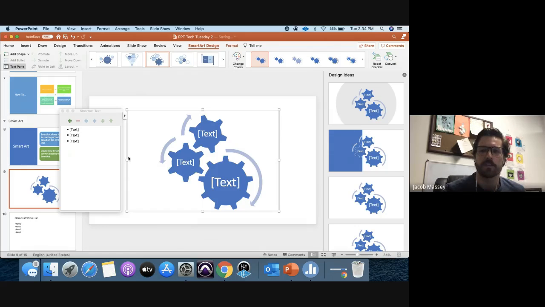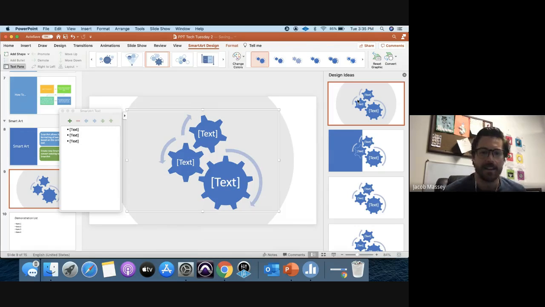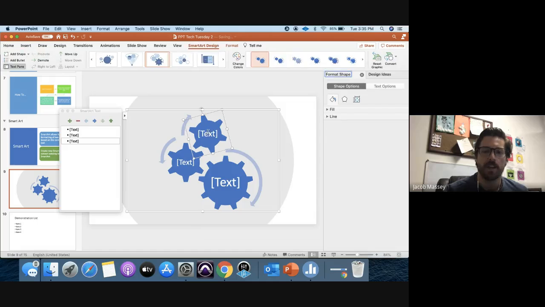So some cool gears. I'll also get some design ideas that come along with it if I have that menu open. So that's pretty cool. But now I'll just get some blank text. And with the SmartArt, I could click on this text and edit here, but it's easier